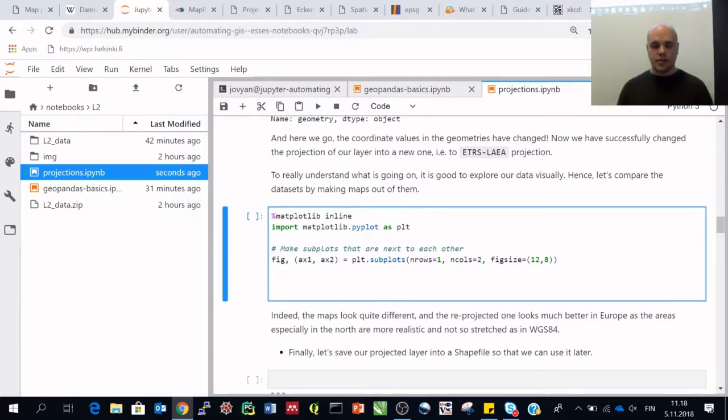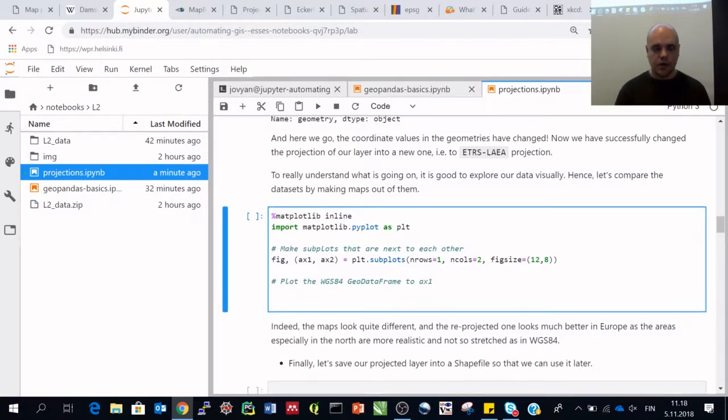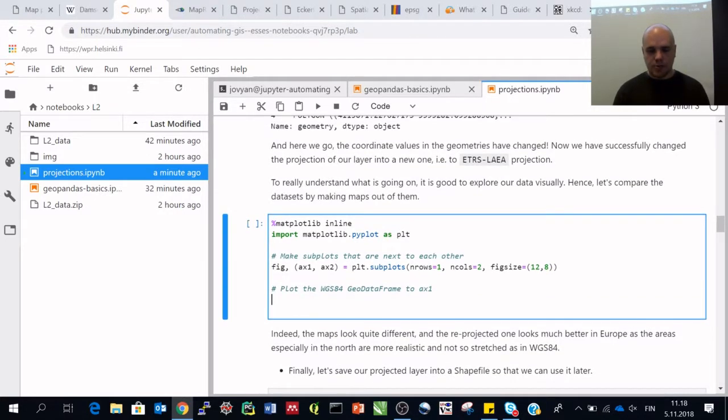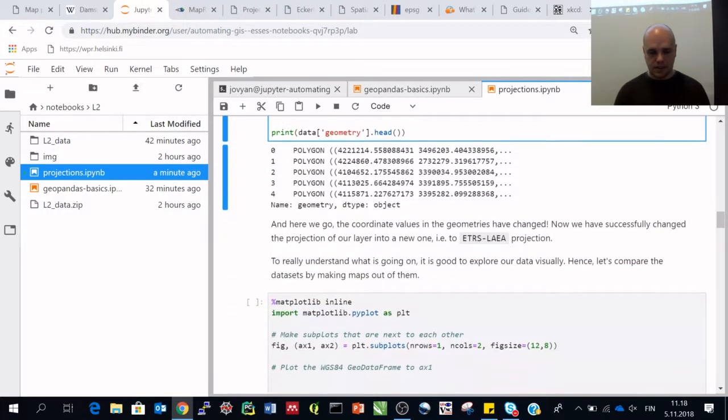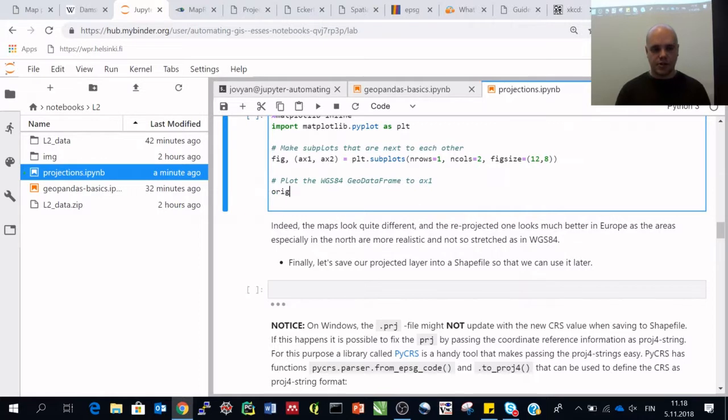And what we are going to do is plot the WGS map on the left one, so to ax1, and then the Lambert azimuthal equal area projection to the right one. So let's plot the WGS 84 GeoDataFrame to ax1. How can we do that? The WGS 84 is now stored in this variable orig that we copied in this step. So let's call orig.plot,